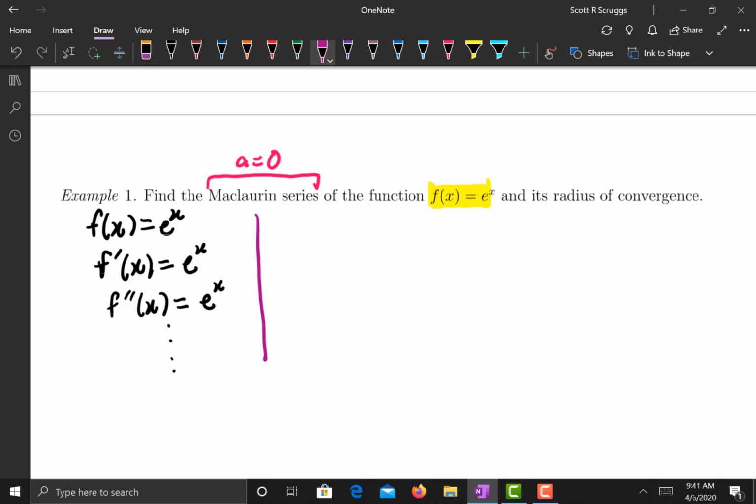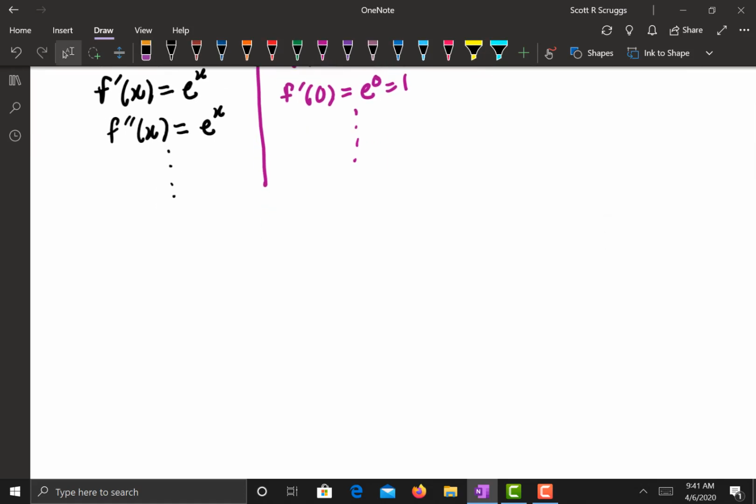And then if I plug in 0, that's e to the 0, that's an exponent, so that means I'm going to get 1. Which means that all the coefficients will just give me 1. And so that means my Taylor series, or Maclaurin series, will be the following. So thus, the Maclaurin series